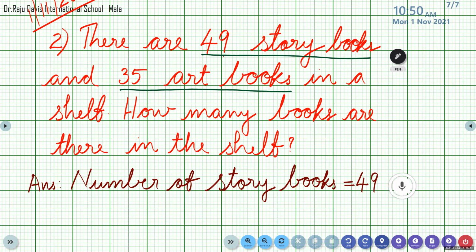Ma'am, word problem, right? Yes, that is the second question. No, my dear. I have told you that you have to start with the question. First, write the question. After that only, we have to write the answer. That's why I gave some time to write it, isn't it? Please copy. Ma'am, I have completed. Okay. So you can think of the answer. What is the next step? Please check the next.